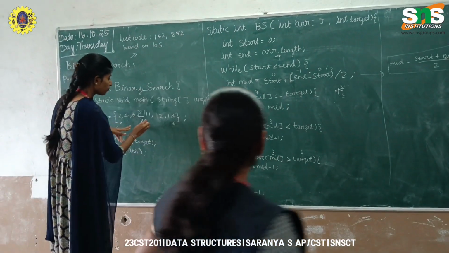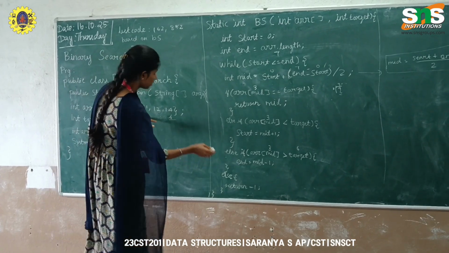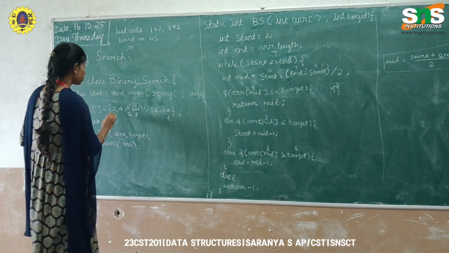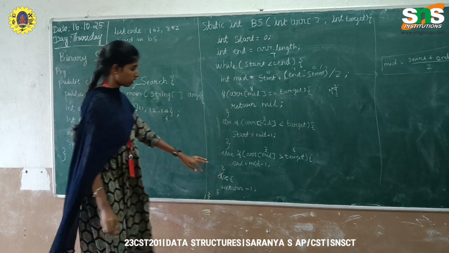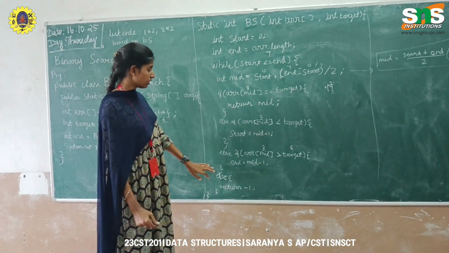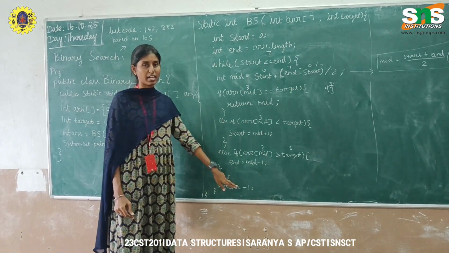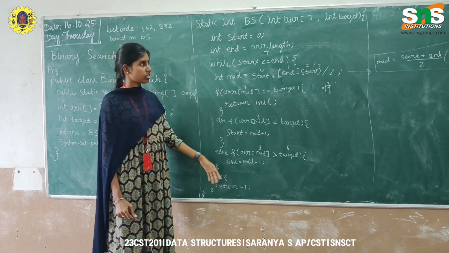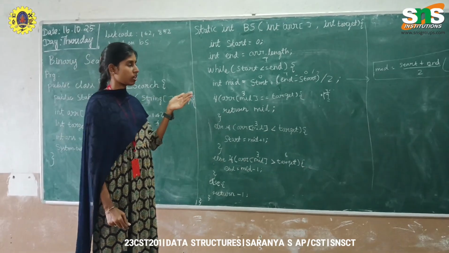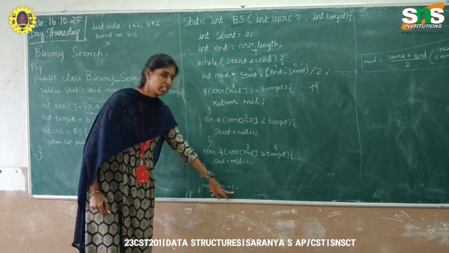So this end moves to mid minus 1, this is mid, right? So mid 3, so end moves to here. We are executing until we find the target element. If nothing matches by applying this formula, we have to return -1 because -1 is not a position. We are mentioning positions from the natural numbers 1, or whole number 0. So -1 is not considered as a position, so we are returning -1.